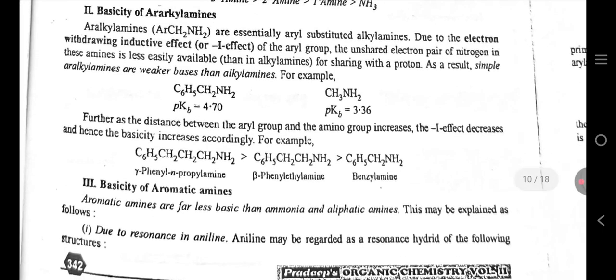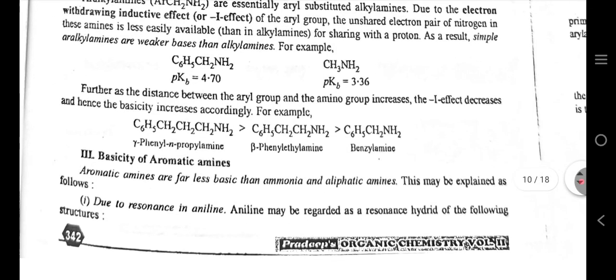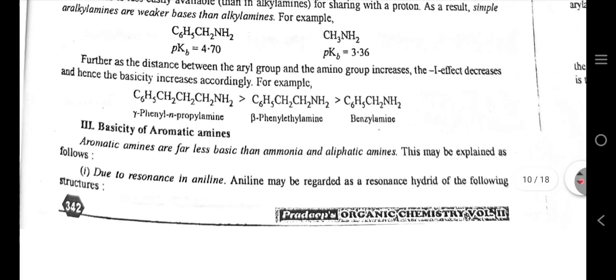Basicity of ara-alkyl amines. Ara-alkyl amines are essentially aryl substituted alkyl amines. Due to the electron withdrawing inductive effect or minus I effect of the aryl group, the unshared electron pair of nitrogen in these amines is less easily available than in alkyl amines for sharing with the proton. As a result, simple ara-alkyl amines are weaker bases than alkyl amines, for example. Further, as the distance between the aryl groups and the amino group increases, the minus I effect decreases and hence the basicity increases accordingly. For example,